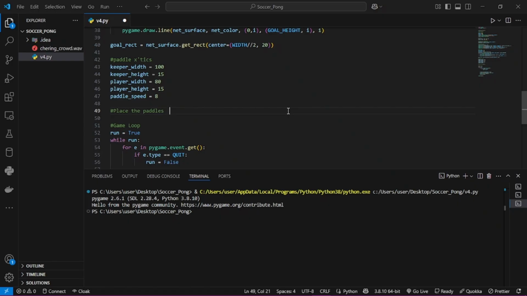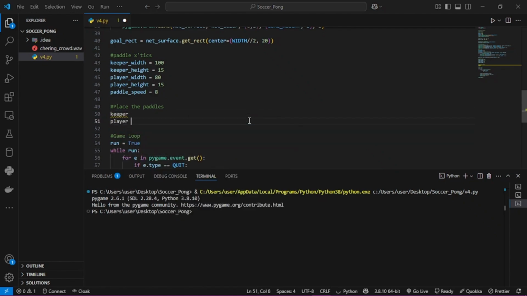So now we are going to make some positional values. So let's say keeper, and then player. Let's say keeper position. Keeper position is going to be